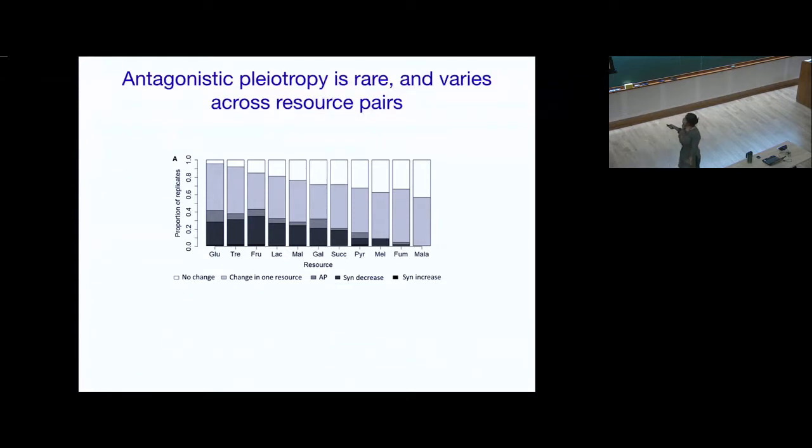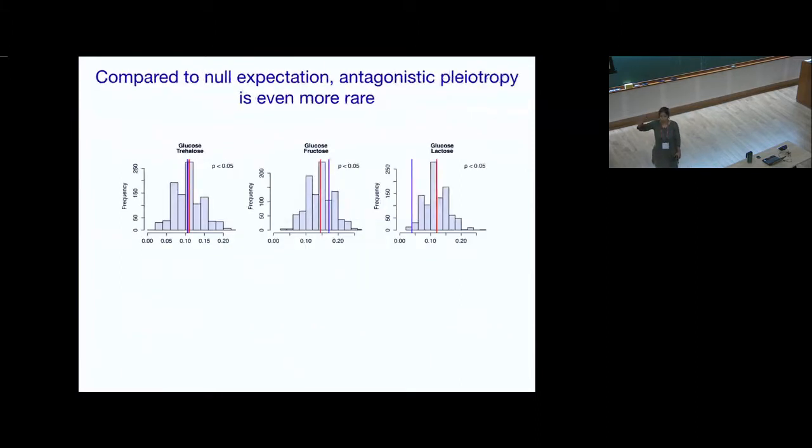Okay, so if you look at the stacked bar plot, one of the first things you'll see is that the degree of antagonistic pleiotropy, which is this middle gray bar here, is rather small. You see a lot of synergistic pleiotropy. You also see some mutations where there's no change. But overall, the antagonistic pleiotropy is very low. And that goes back to what we showed earlier with the beetles, not exactly parallel, of course, but saying that AP is not very frequent. And compared to now our null expectations, also antagonistic pleiotropy.